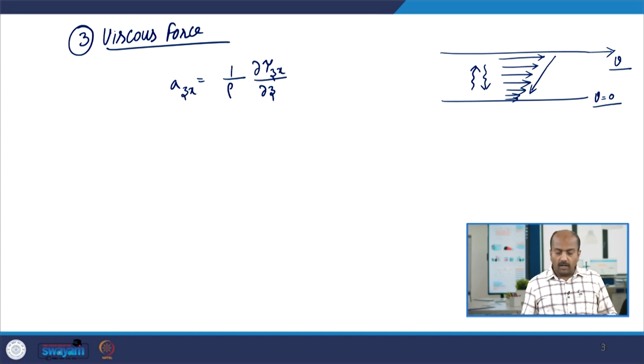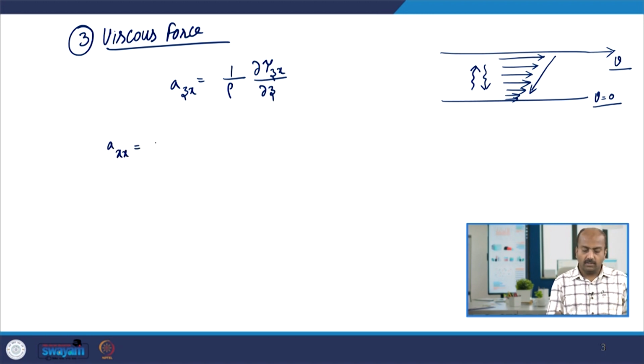So, now for reference I am not going to derive the entire expression, I will simply write those different values of the stress tensor. A x x is 1 by rho dou tau x x by dou x,